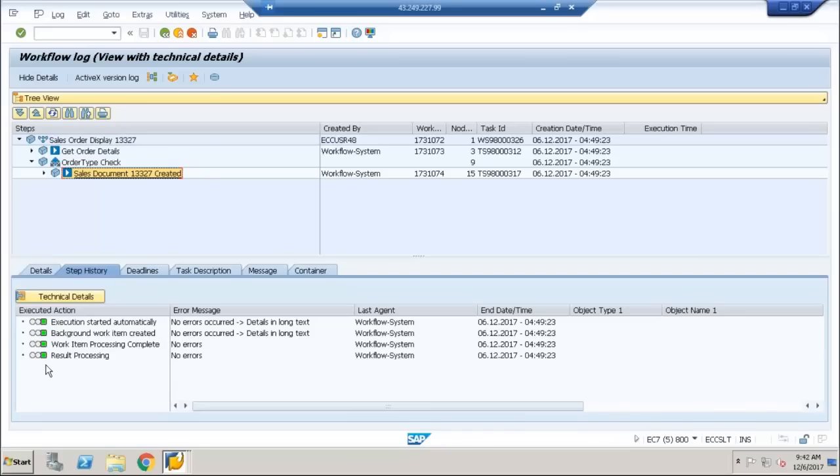And it will update the log again after approving, work item process completed. And it will be again with a workflow user. But we can see who approved in the step history. We have another case,